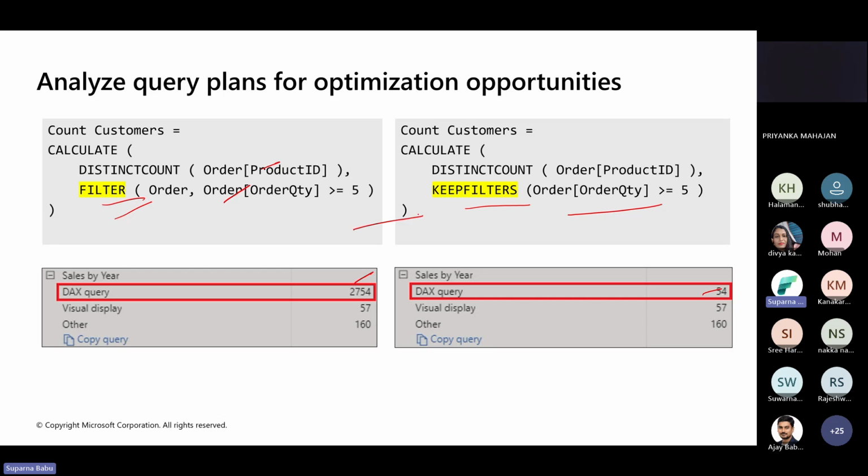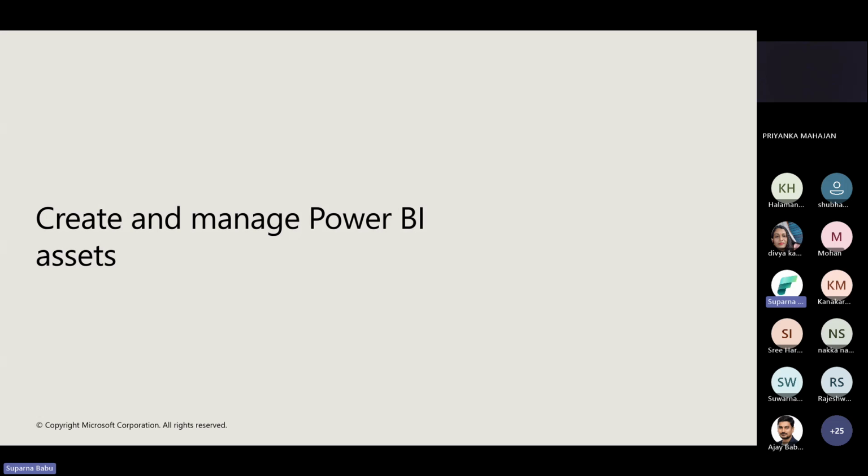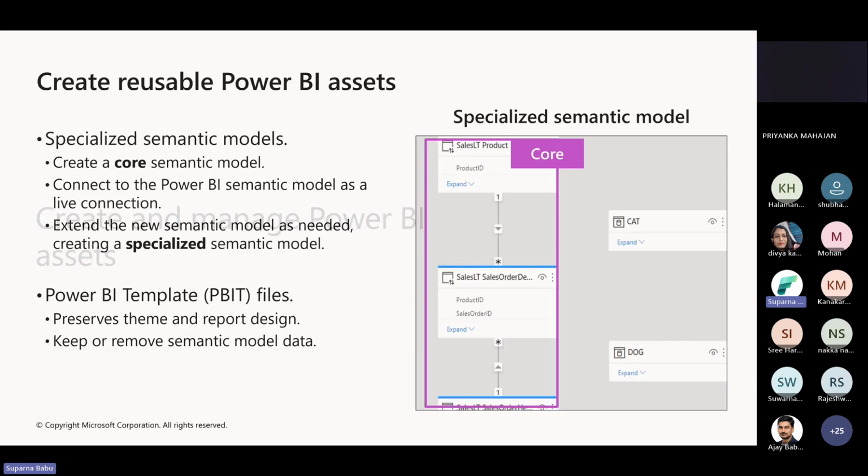That's what you need. This is where your optimization will come into the picture. Fine. Now let's see create and manage assets. Here, as someone asked, we can create one centralized semantic model and publish that into the workspace. From there you can pull the semantic model as a Power BI semantic model